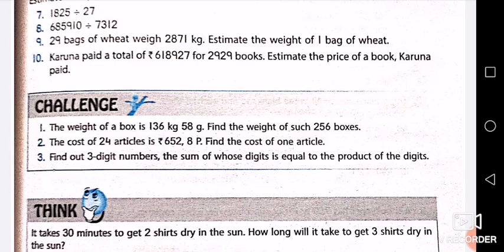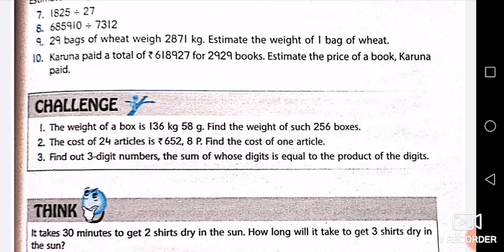6,18,927. Now 6 lakh, you are going to round it off to 6 lakh. Now we'll see the number given on the 10,000s place, which is 1. So what will be the rounded-off value of this number? Yes, that will be 6 lakh, because on the 10,000s place we have 1, and 1 is less than 5. So we are not going to add anything on the lakh place. So that will become 6 lakh rupees.